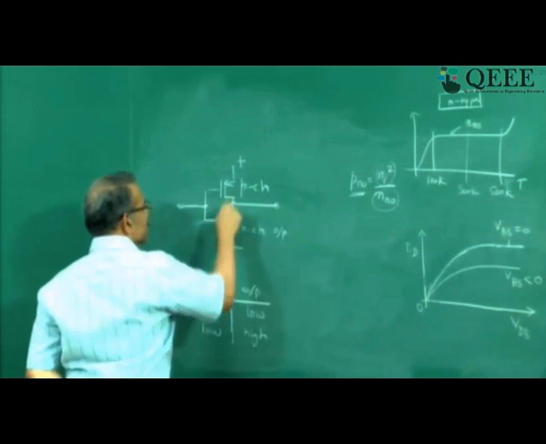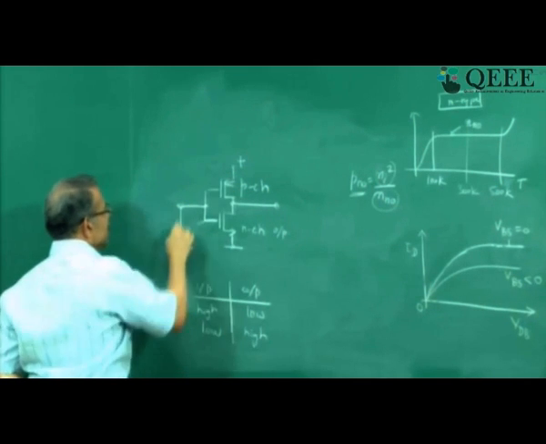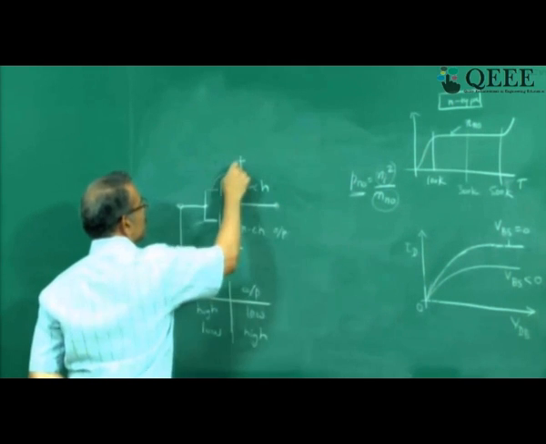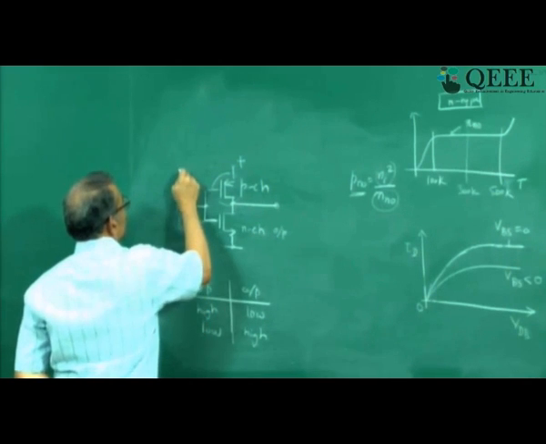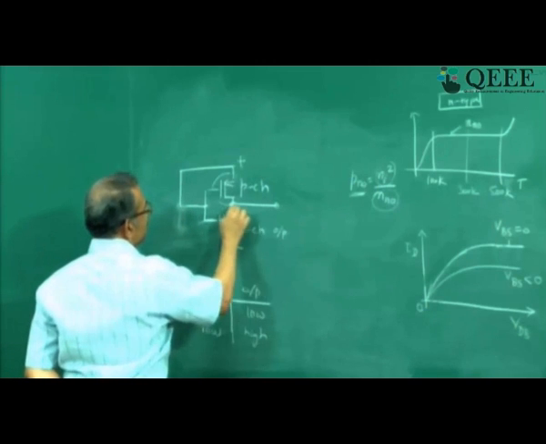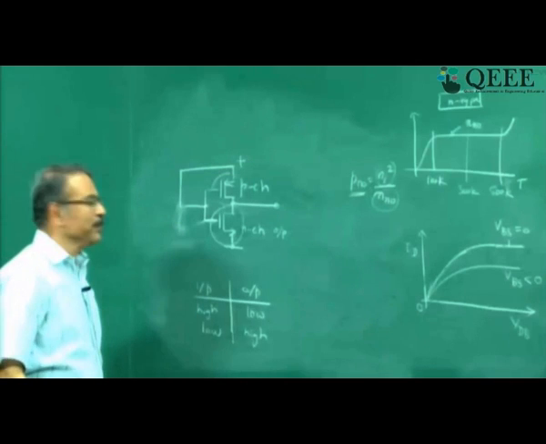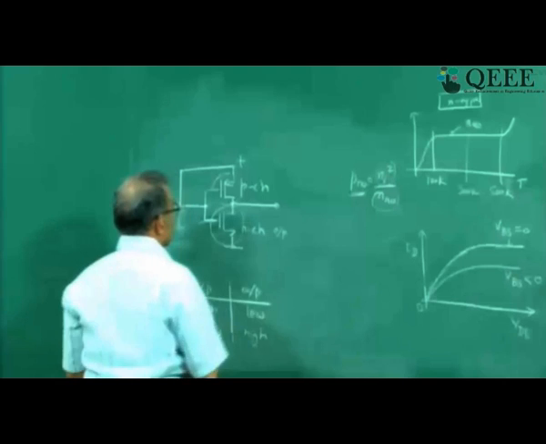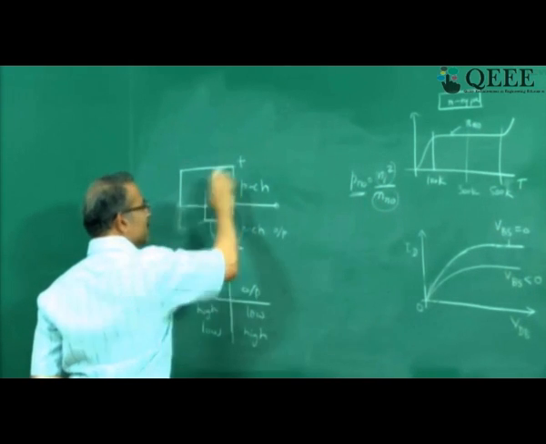When this device is on, this is off, this is complementary. So if I short this input, this device will be on and the output will go to this. And if I connect it to positive voltage, that is if input is high, then this device will be on and you will get 0. The advantage of this, so here what is happening is, depending on the voltage, any one device is off.